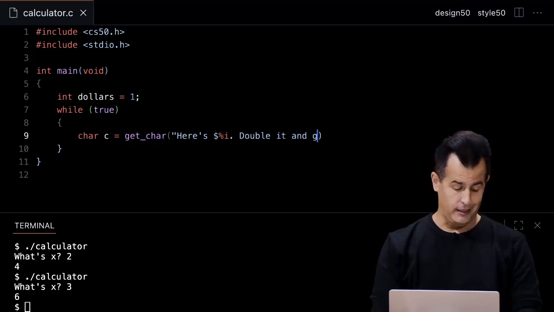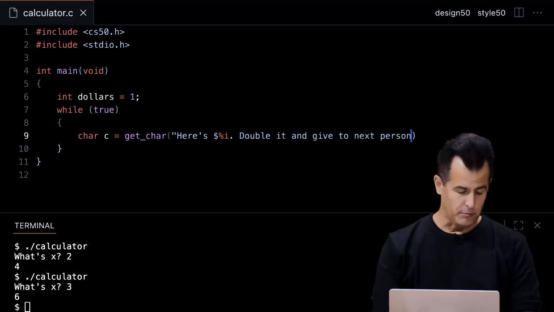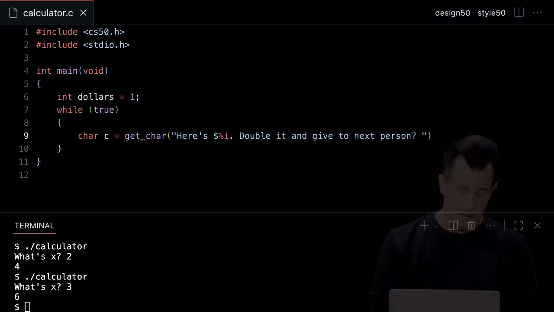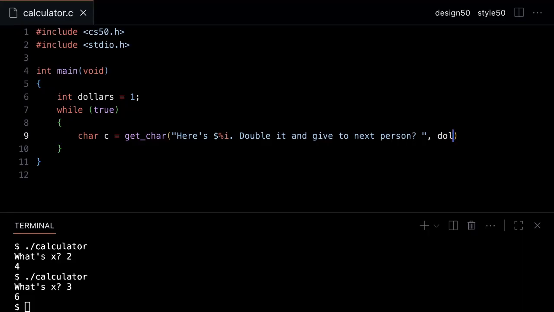Double it and give to next person, question mark. You're familiar with that one. And I'm going to prompt them for a yes, no answer, but I'm going to plug in the current number of dollars so they know what they're wagering on. Then below this, I'm going to say if the character the human typed in equals y for yes,